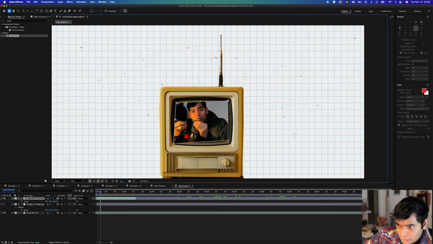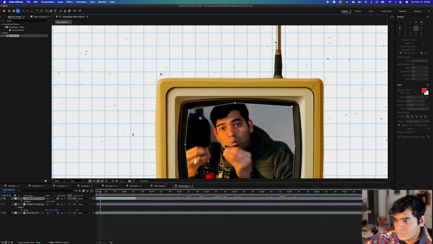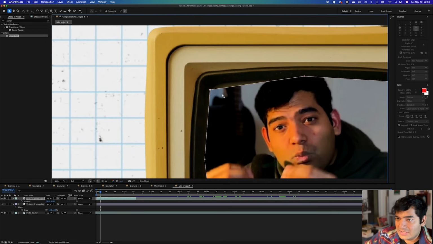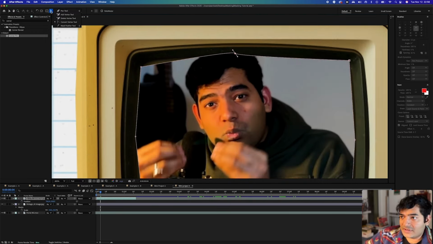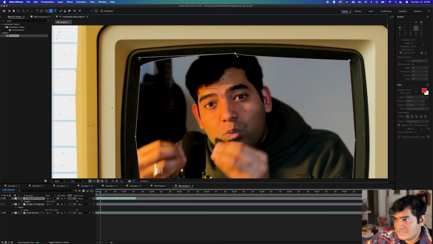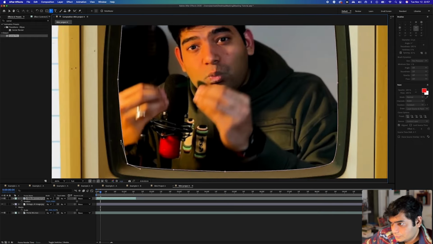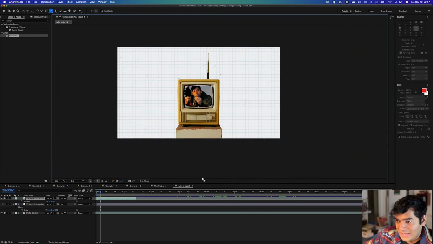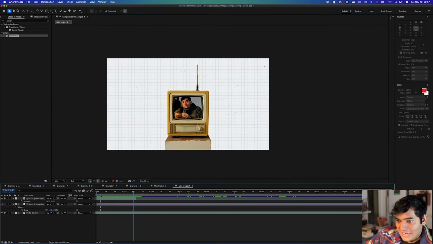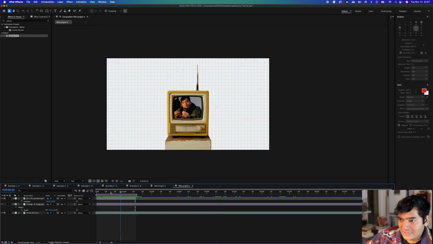and then pull these points and make sure that we line up perfectly with the edges. I will need one more here in the bottom. And then I can zoom in and use the convert vertex tool to basically even these out and make it more like the shape of the television. And now we have this video inside this television, and to make this even more realistic, I'm going